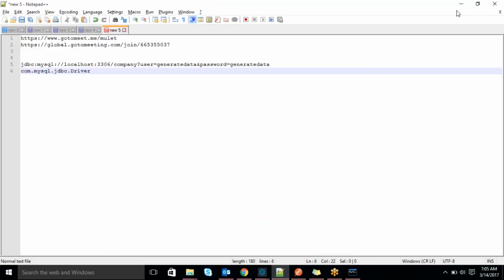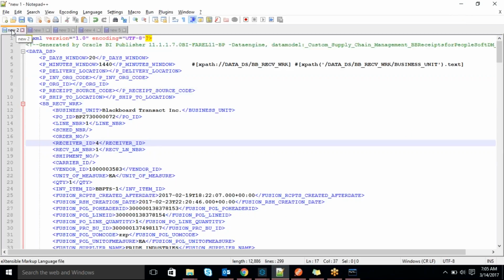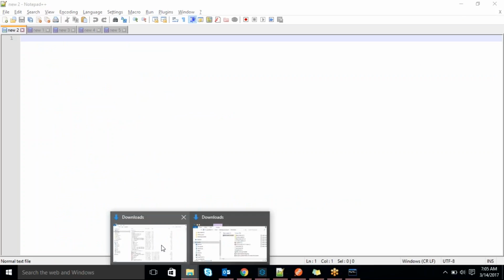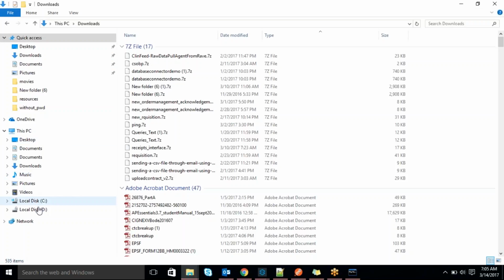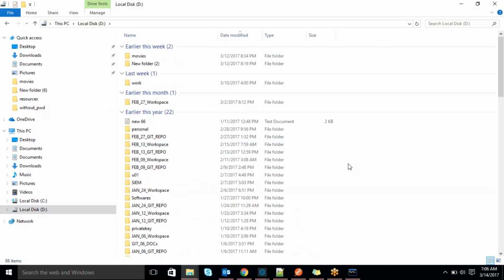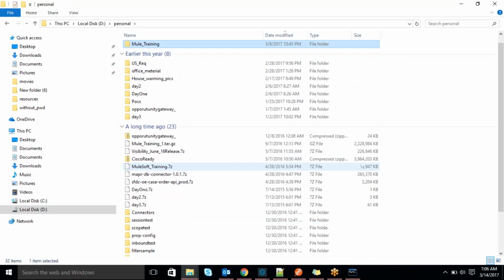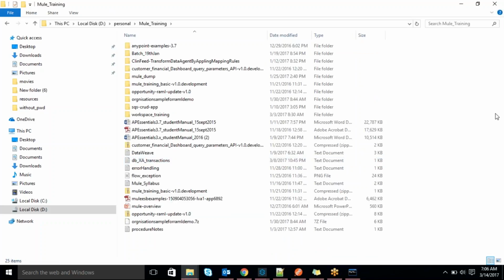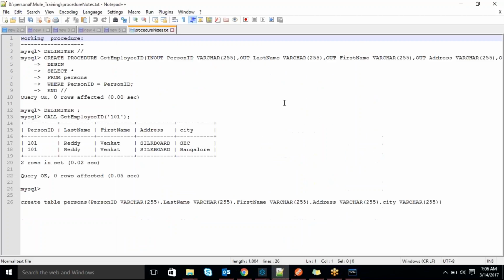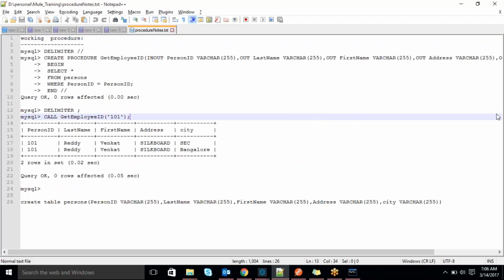Capture information. So this is a way to create the procedures.